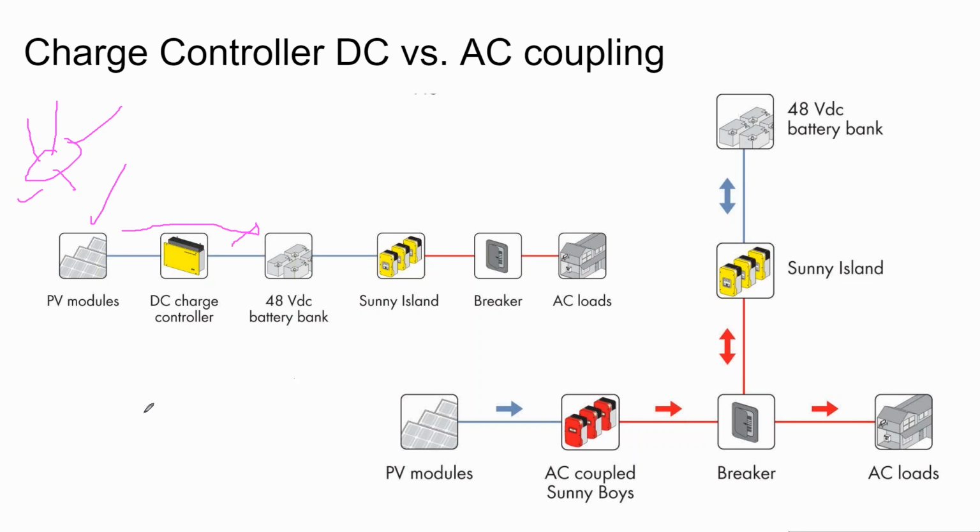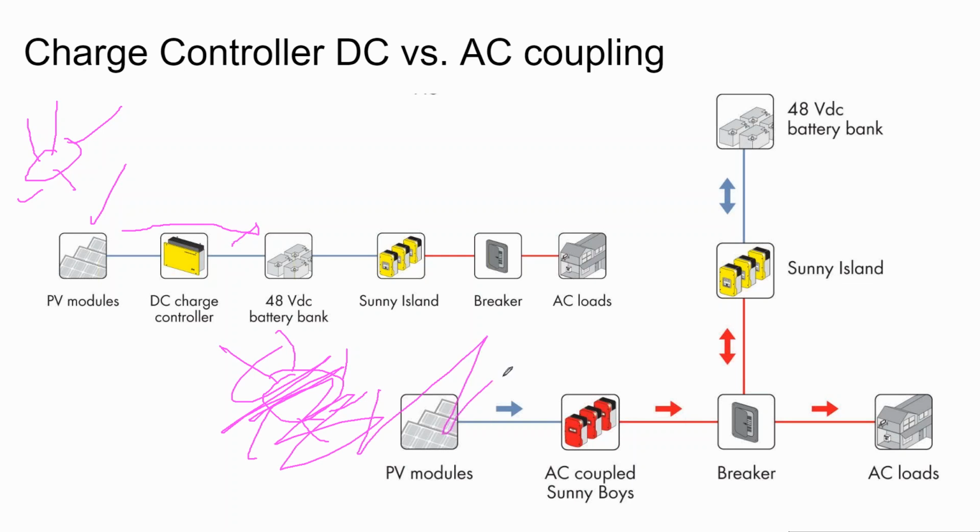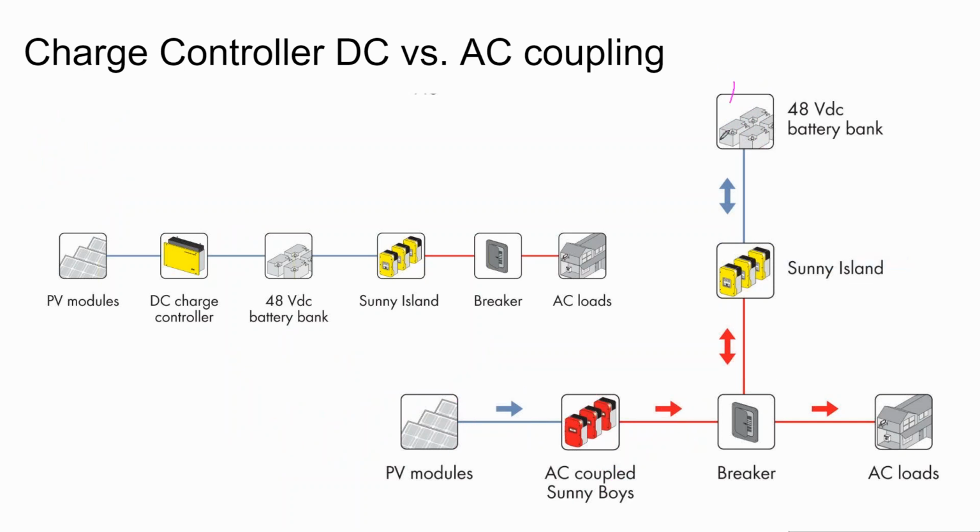Under an AC coupled system, let's say it's cloudy and your solar array is no longer working. So now your solar array is no longer working, and now you're running off your batteries in an off-grid setting, and let's say you fully deplete your batteries, and then the sun comes back up.